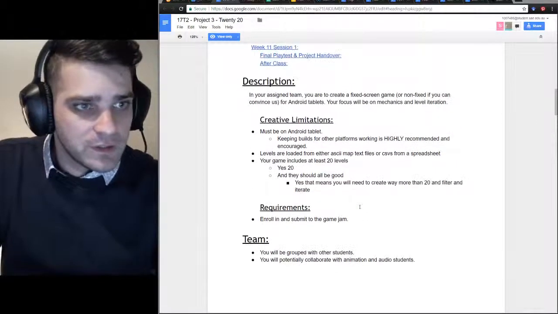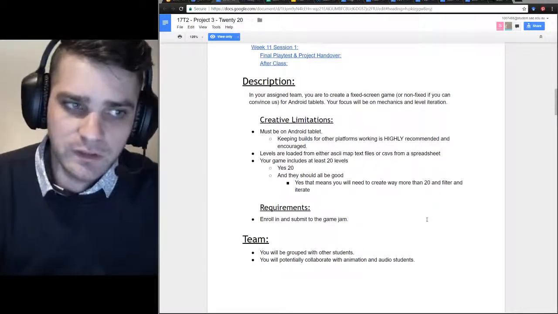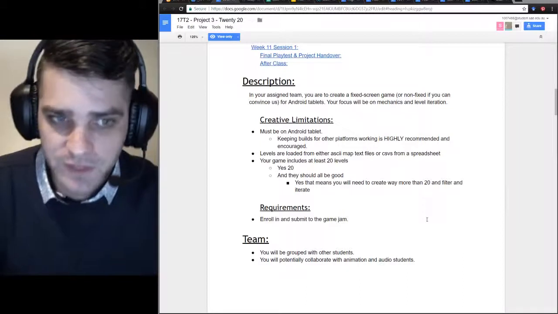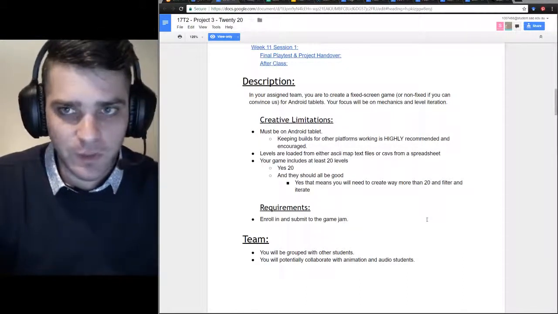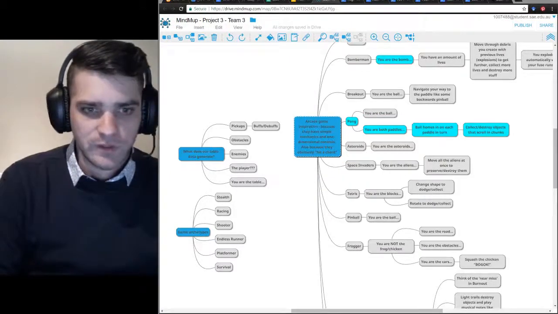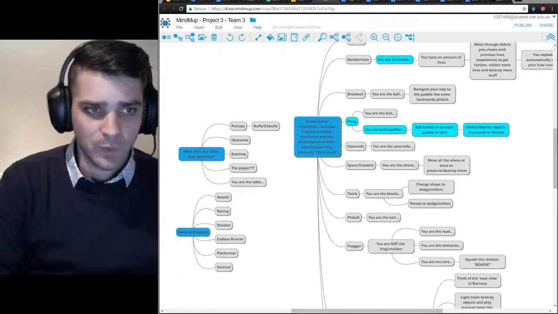The brief itself only says that we have to build for Android, load the levels from CSV or text, and have 20 of those levels. So it was very open. So after looking into Magicavoxel and CSV or text file importing,